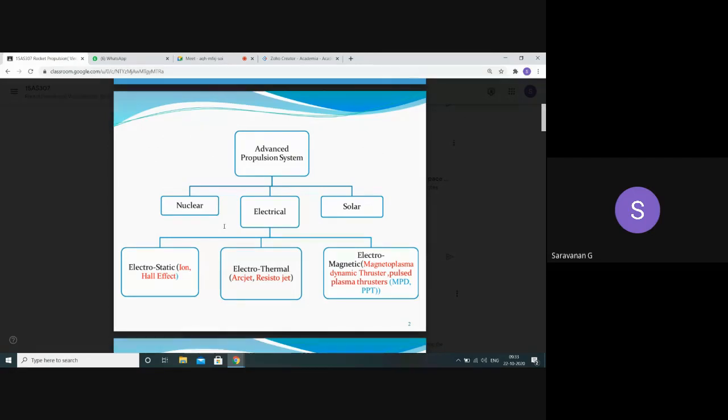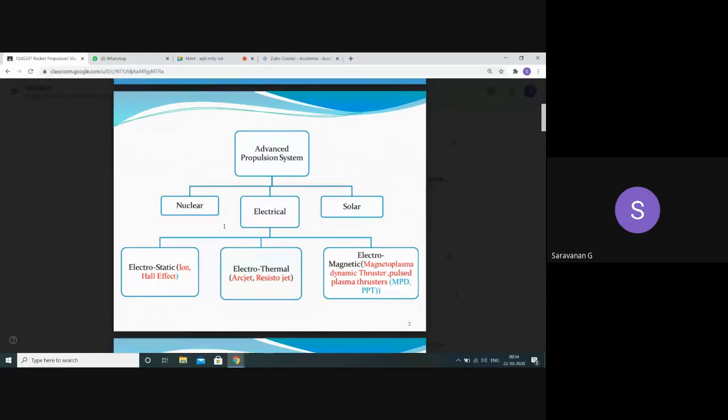We have two combinations: U-92-235 and U-92-238. Like that, we have different isotopes, and all that needs to be taken into account in the physics. Through nuclear energy operations, nuclear fission and nuclear fusion, we are able to achieve some energy that will be used for generating thrust along with the nozzle generation.